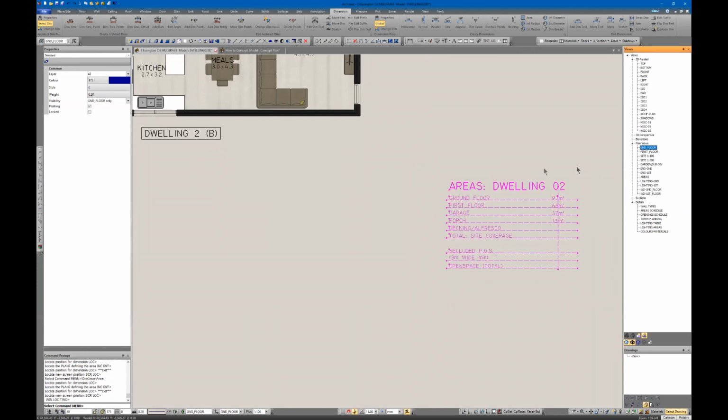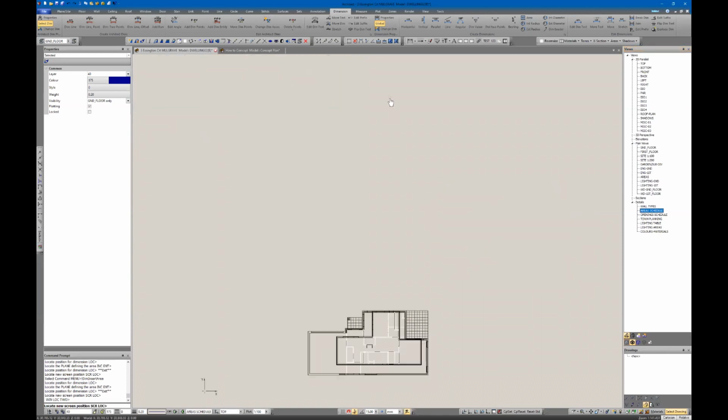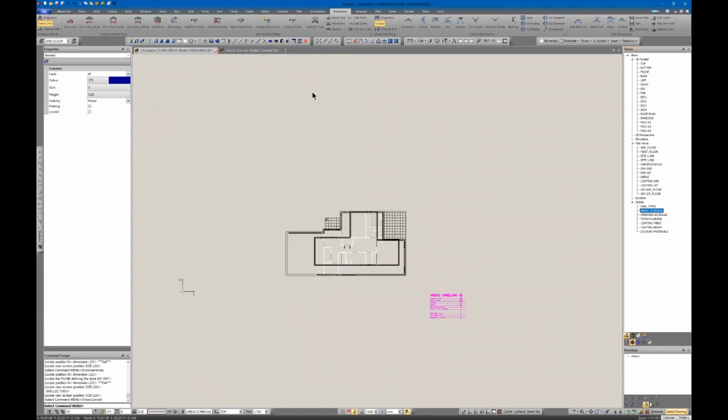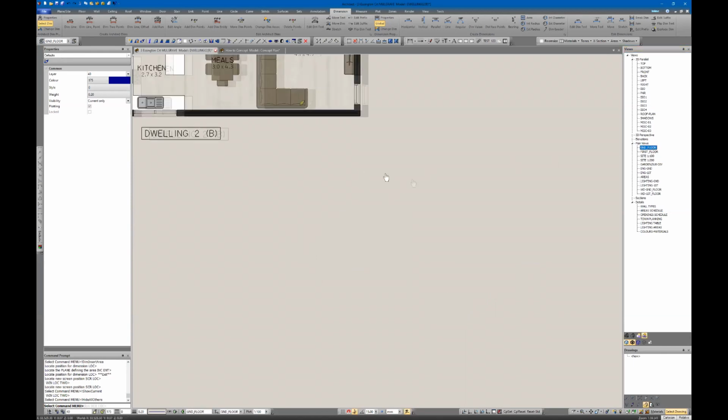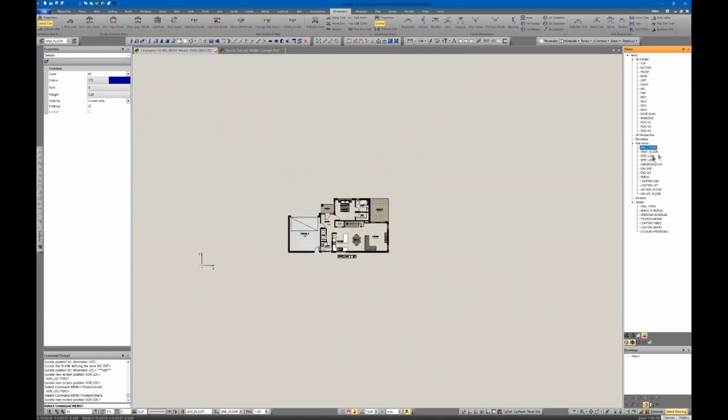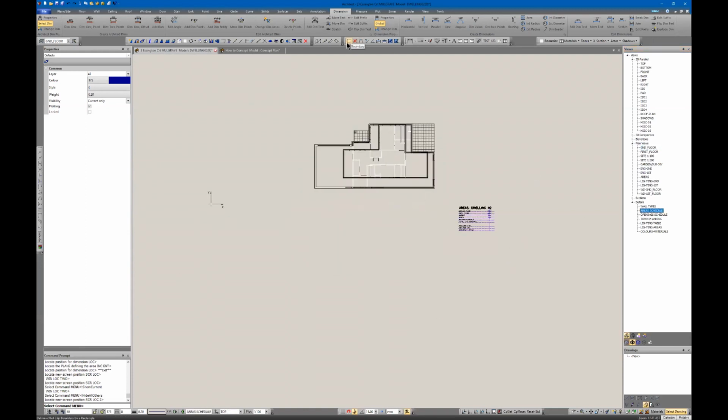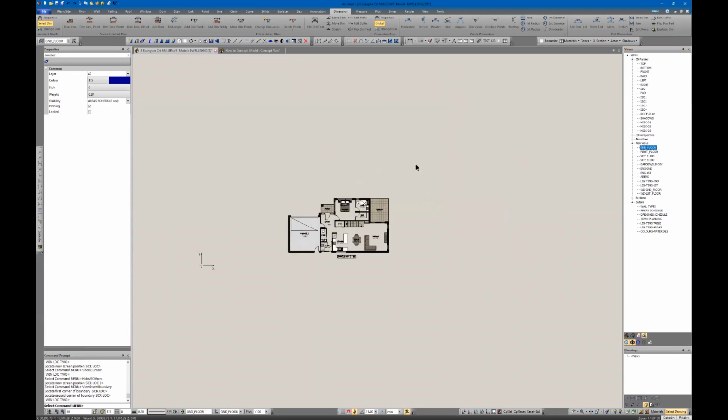After you've filled out your table, again, we can just go to the area schedule. You can show it either just in that view or in both views. Typically, I will hide it in the original view. So you can do that by just pressing Control and hide in all other views. So now when we go back to our ground floor, there's no table there at all. But on my area schedule, there's my table. Providing you've placed it away from the building, you won't have it overlapping with anything. And then that's ready to just go straight onto your drawing sheet, separate to